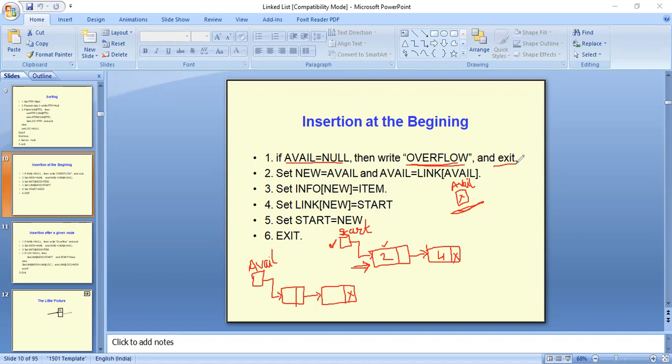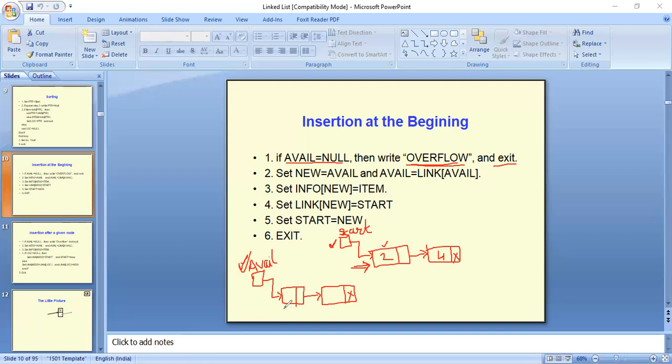And if this is not the scenario, that means we have certain nodes available in our list. This is the scenario: we have certain empty nodes.